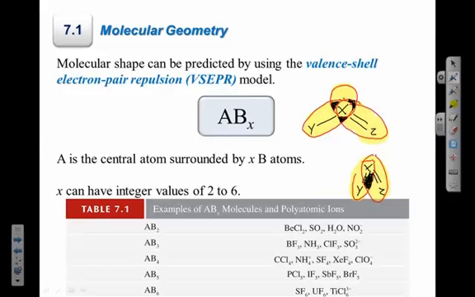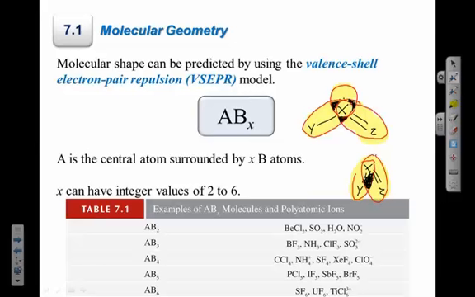Because if there's space to spread those out, they're not going to come together and overlap and create repulsion. I could use some energy and force them together and overcome some of that repulsion. But if I did and then I let go, they would just pop back out to the largest angle they can get. Right? So basically, when we're thinking about the shapes, we just have to figure out, first question is,